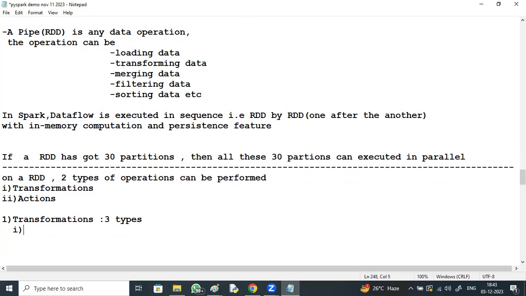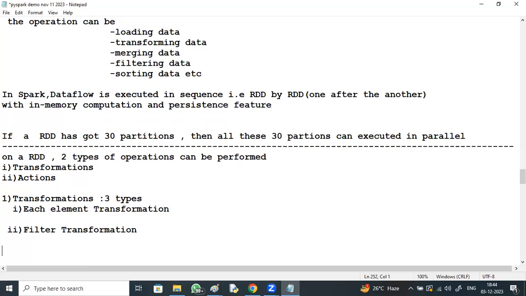First one, each element transformation. Second is filter transformation. Then aggregated transformation.